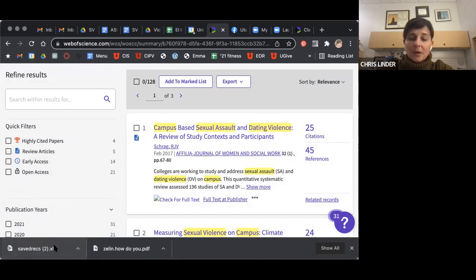You can just open right up this Excel file so that you know you're going to be looking at about 128 articles. When you first open this, it's a mess, so I would just clean it up so you can read it. Delete the columns that are not the 3 that we're focused on: the authors, the article title, and the journal.